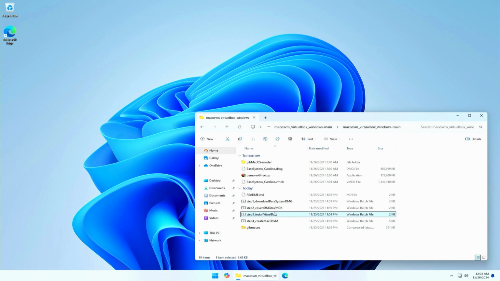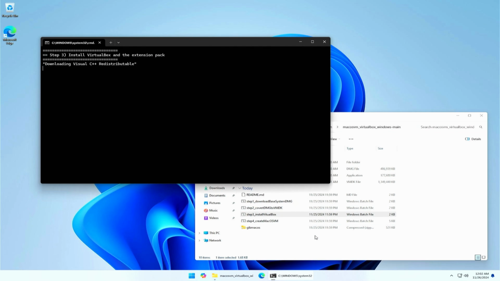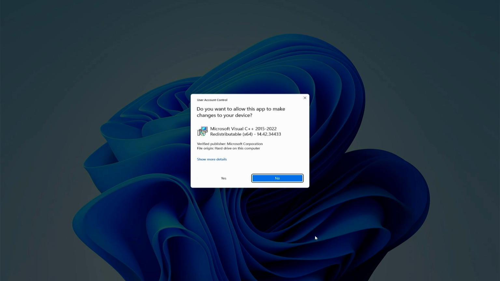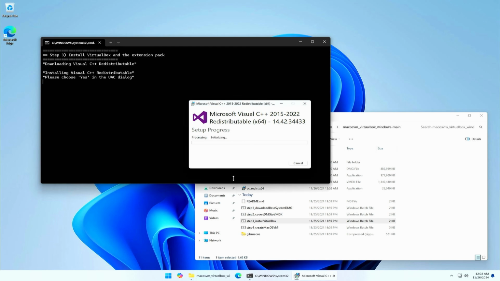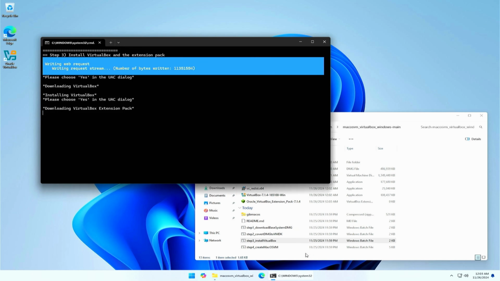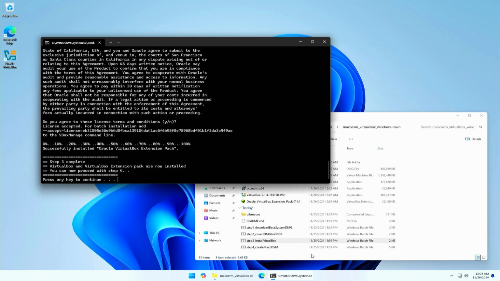Same as with the previous steps, simply execute that third script by double-clicking on it and choose More Info, then click on Run Anyway if asked by Microsoft Defender SmartScreen. And as with the previous step, you will be asked multiple times to confirm changes to your machine with a User Account Control dialog box, where each time you should click on Yes. Once that script completes, again, you can press any key or just close the command prompt window and proceed to the last step, which is step 4.